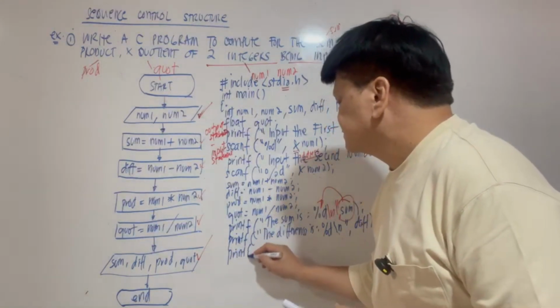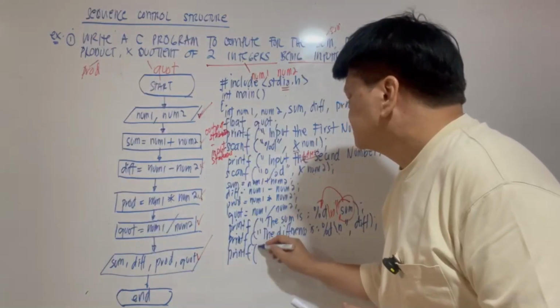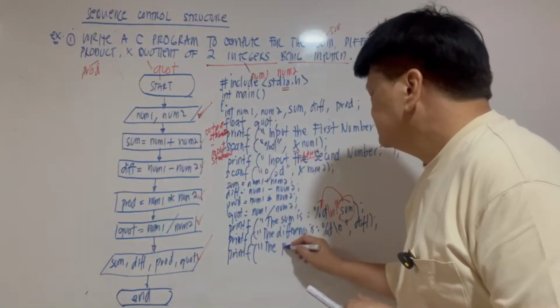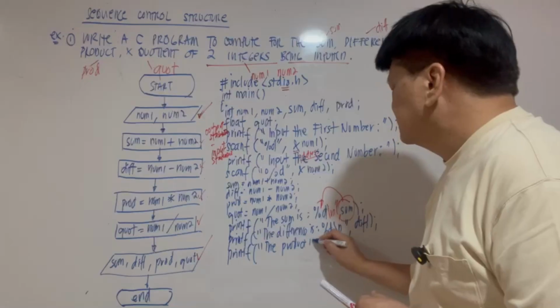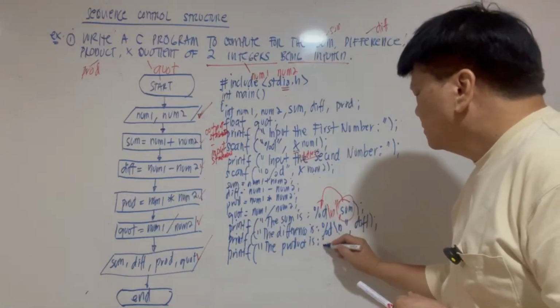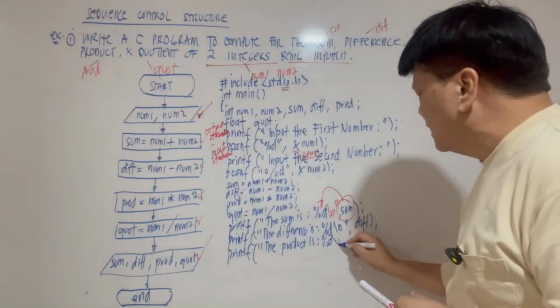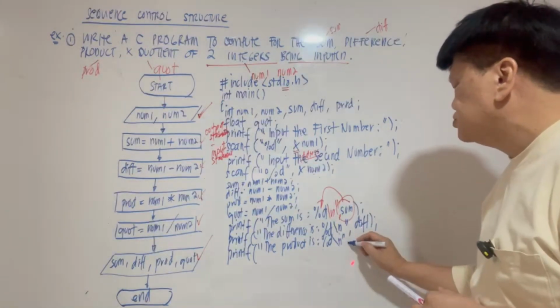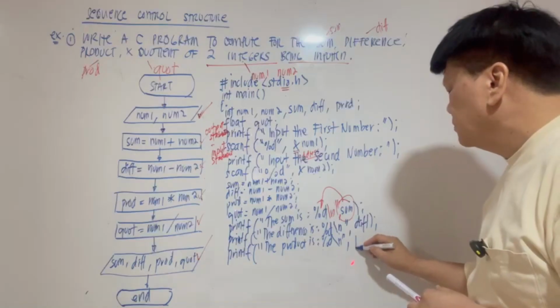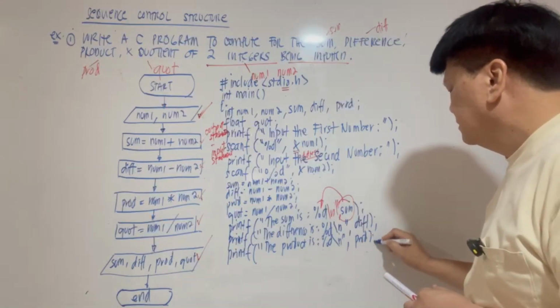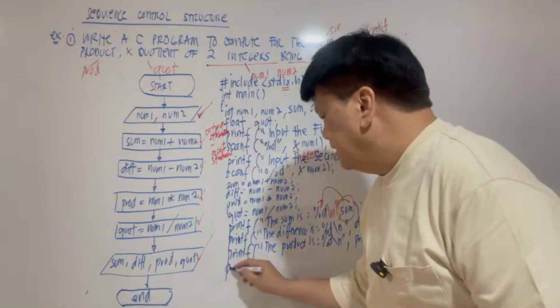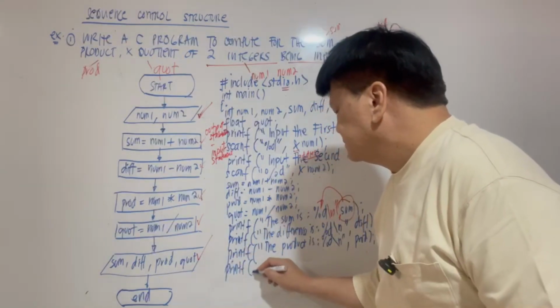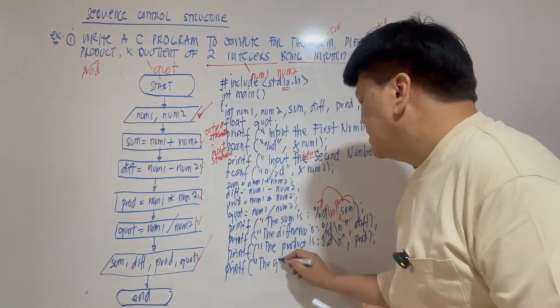Printf, "The product is:" colon %d followed by the \n and then double quotation, comma, and then we put here the prod. Then lastly, printf, "The quotient is",